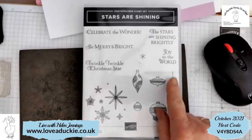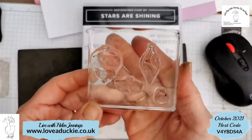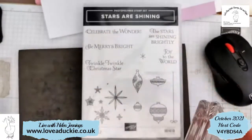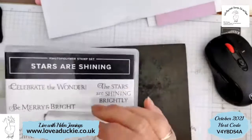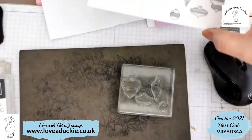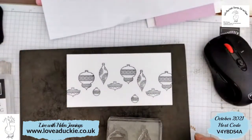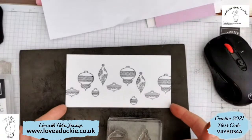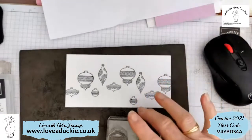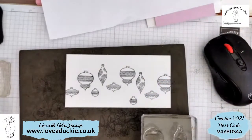So what I have done so far is I've taken these 4 baubles and I have stuck them onto this block, and that's looking much better. So I've just got all 4 of those baubles onto this block, and then I've inked them up with some Memento ink, and I've taken a strip of card that is 14.9 centimeters by 7.5 centimeters. So we said that that's the full width of a card base, but it's 3 centimeters shorter, so that's probably about 1.25 inches shorter than the standard card